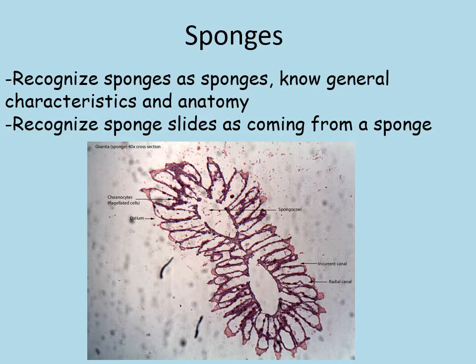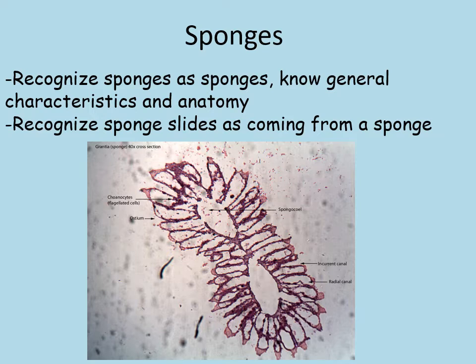So you don't actually have to be able to differentiate microscopic structures on the slide. The main thing is if you saw a slide of a section through a sponge, you would know what it was. So if we look at this slide here that I've posted onto this presentation,